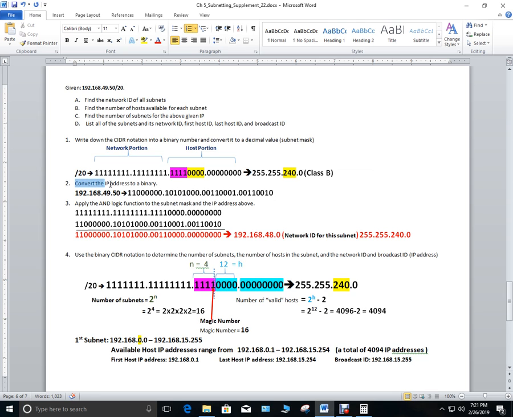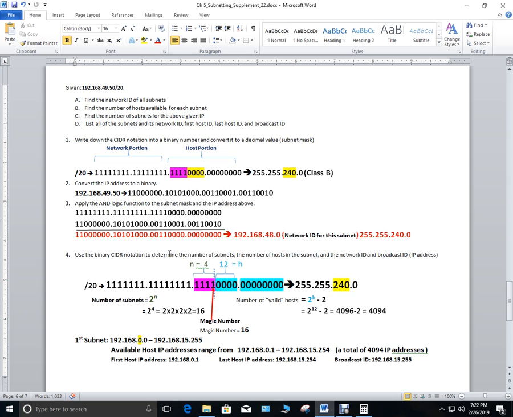The next step is to convert the IP address to binary. I already converted it right here for you. Then step number 3 is to apply the AND logic function to the two binary numbers. And we get this result right here, and the network ID is 192.168.48.0. That is the decimal value for this binary number. Again, 192.168.48.0 is the network ID for this IP address right here, and the subnet mask is